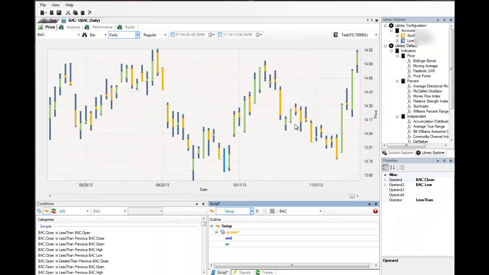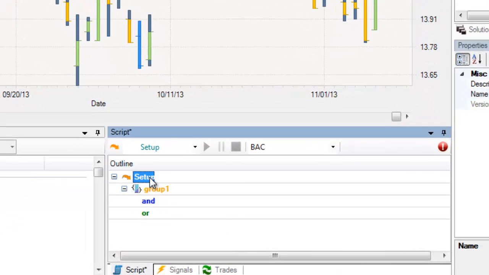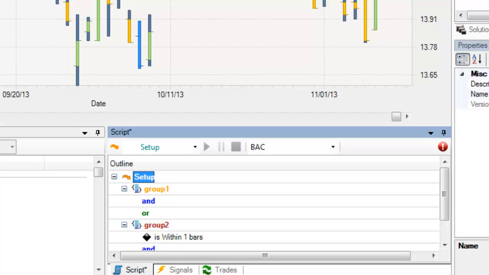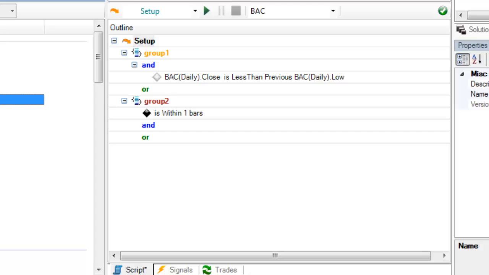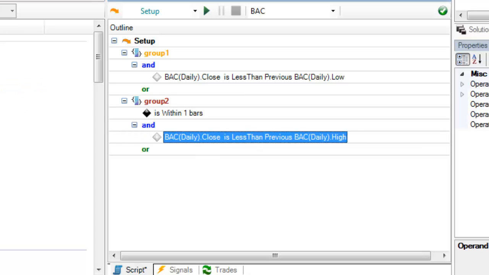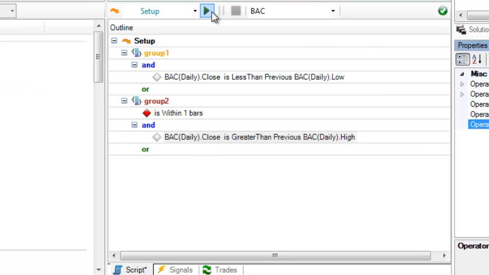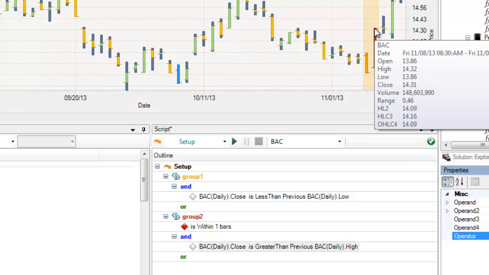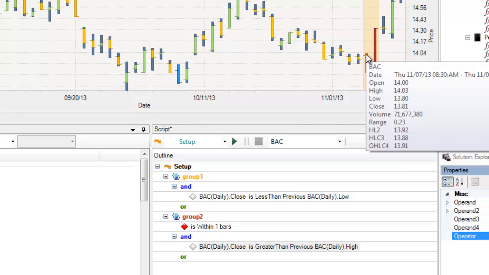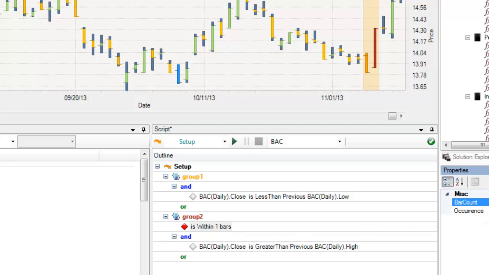More complex ideas often involve more than one bar in the pattern. To add a second group, right-click the word Setup and select New Group. Consider this example. The first bar must have a close that is less than the previous low. Then, since this says is within one bar, the very next bar must have a close that is greater than the previous high. Changing is within one bar to is within two bars